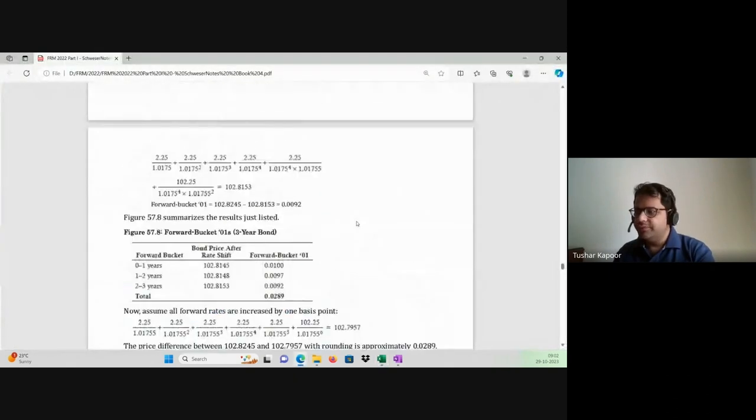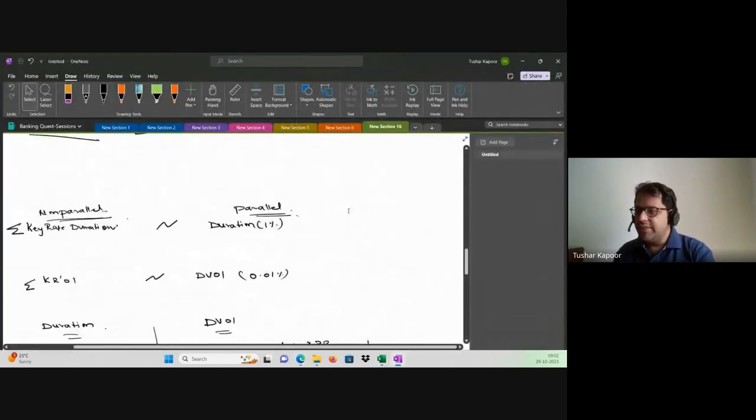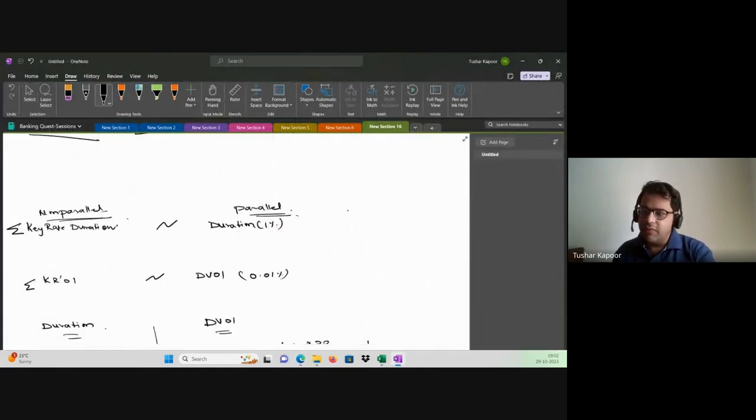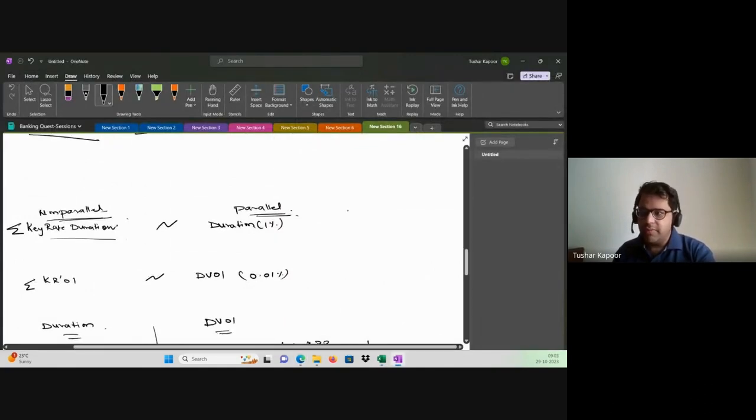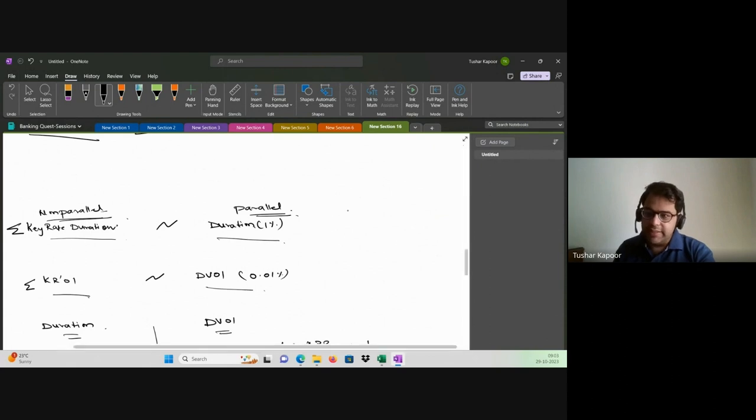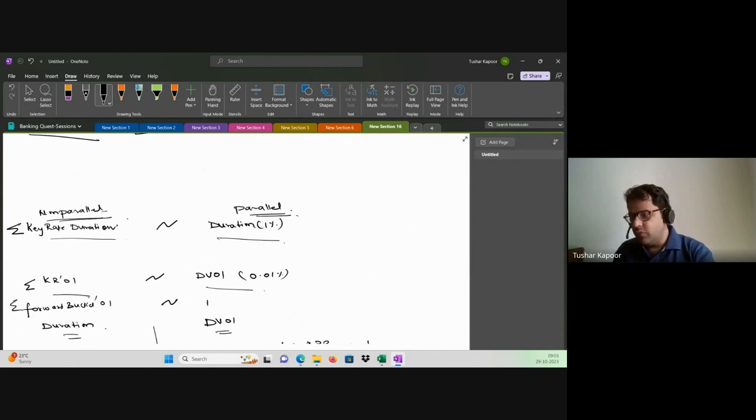So hence proving that the thing that we said about this one, that sum of all the key rate durations will sum up to the duration. All the key rate 01 will sum up to DV01. And similarly, I can say all the forward bucket 01s should be equal to bucket 01. Sorry, all the forward bucket 01 should be equal to,